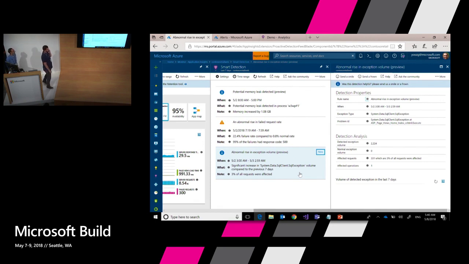And another scenario that is also very important for me as a service owner is identifying new exceptions. Why are new exceptions interesting? All services have failures and exceptions. But there is a very high correlation between a change in the number of the exceptions and problems. And this is exactly what this detector does. It analyzes all exception types and will issue an automatic notification if a specific type has more exceptions than we learned in the previous period,